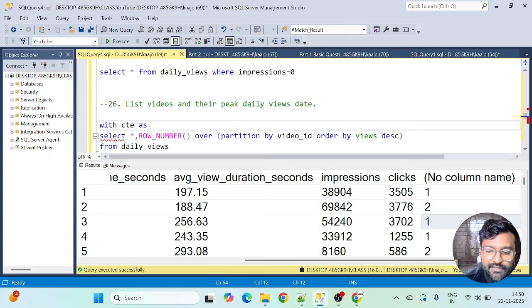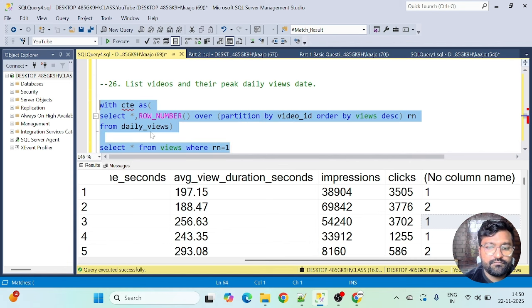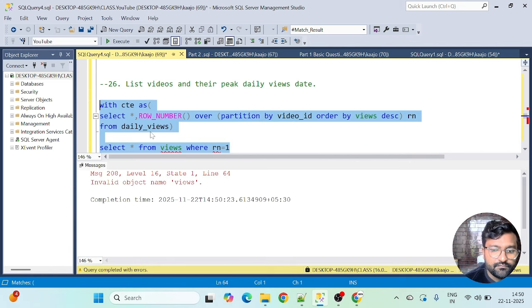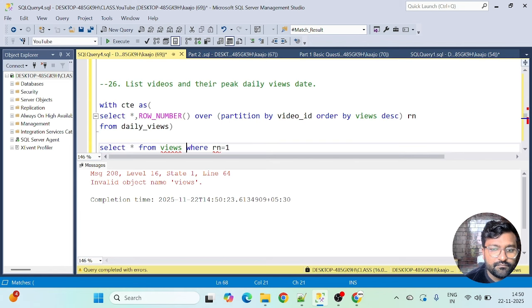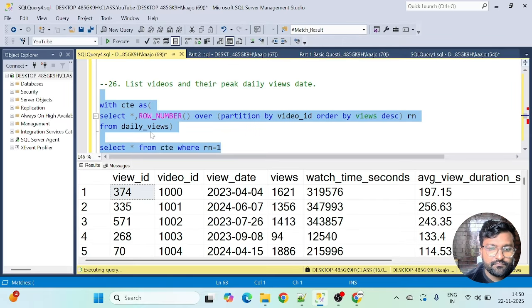With CTE as, okay, alias this row number as RN, okay. So we have got this. All right, cool.